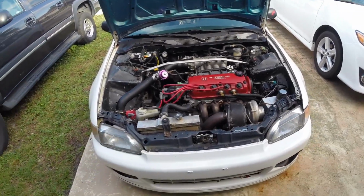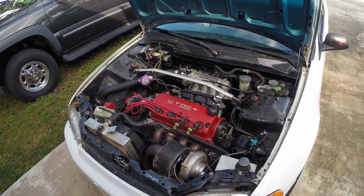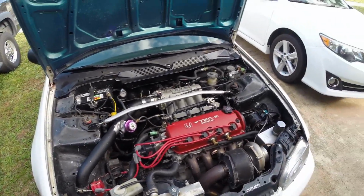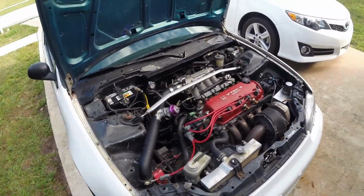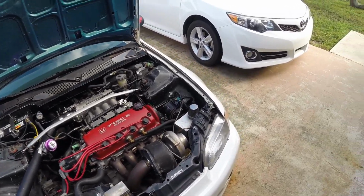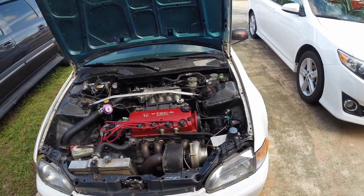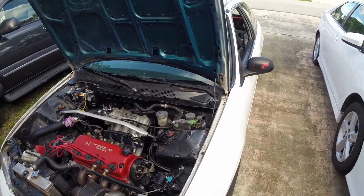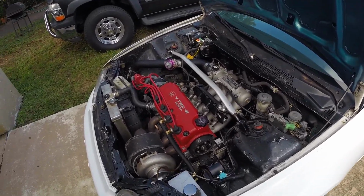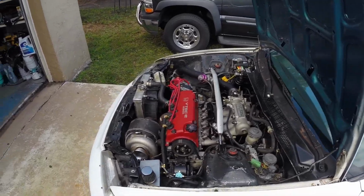with Skunk2 rods, Vitara pistons. It's got a block guard. Head is just hand ported and polished, nothing special, just basically cleaned up the ports. Super Tech valves, Skunk2 springs and retainers, a Comp 59 300 I believe cam. It's a Comp Stage 2 turbo cam, 1000cc Precision, Skunk2 intake manifold,